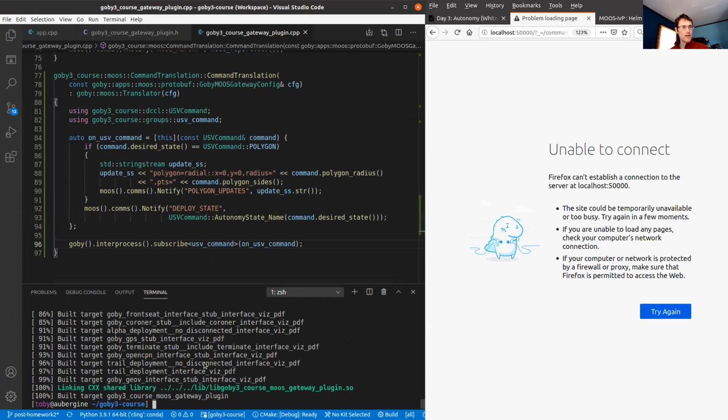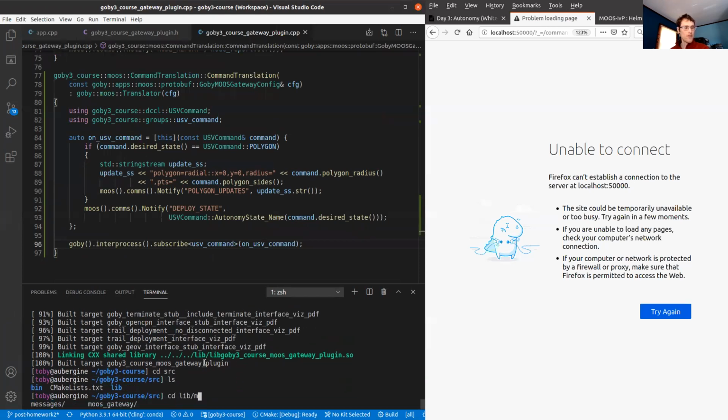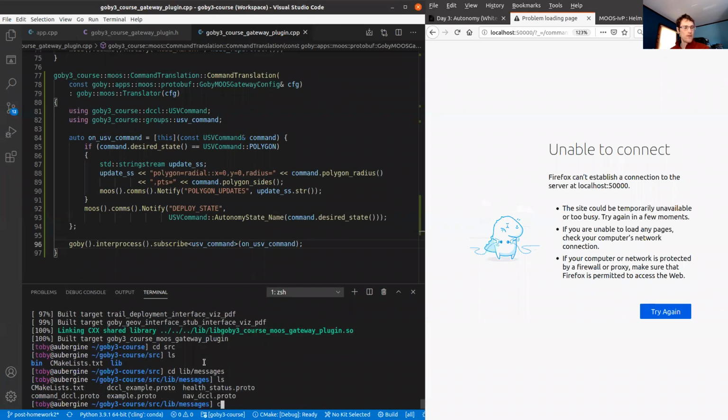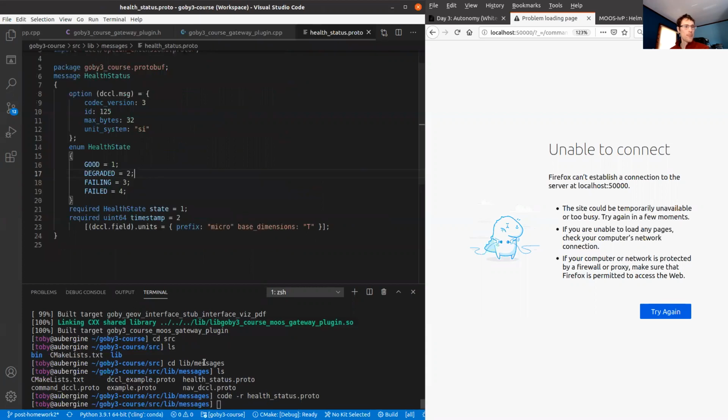So if we go back into there, in the source lib messages, and we open the health status. So I forgot to add to this timestamp message the codec. And the codec we're going to use is this time one.